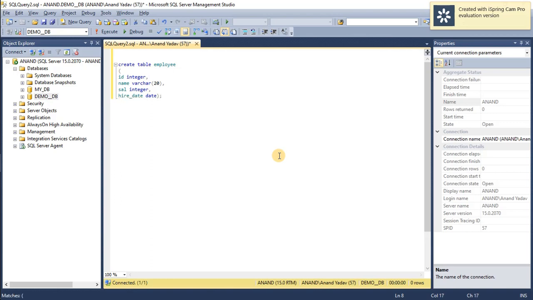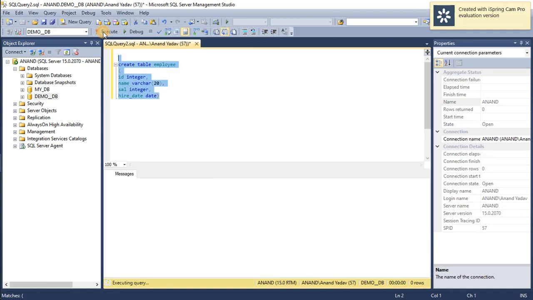Yeah. So in SQL Server, semicolon is not a mandatory thing. If you just remove it and execute the SQL query, it still works. You can execute this DDL command by clicking on this execute icon, or you can see the shortcut is F5. So you can press F5, and this query will still work. I'm just clicking on execute.